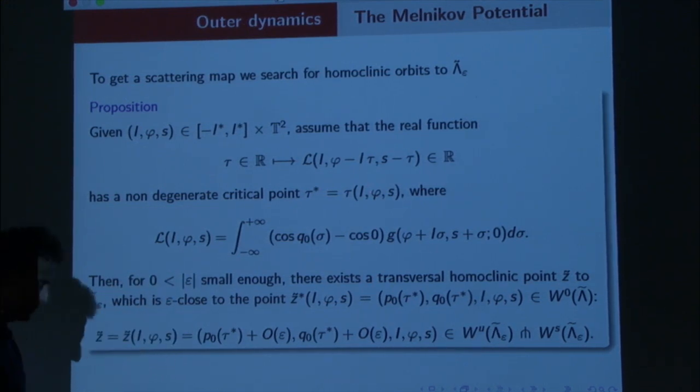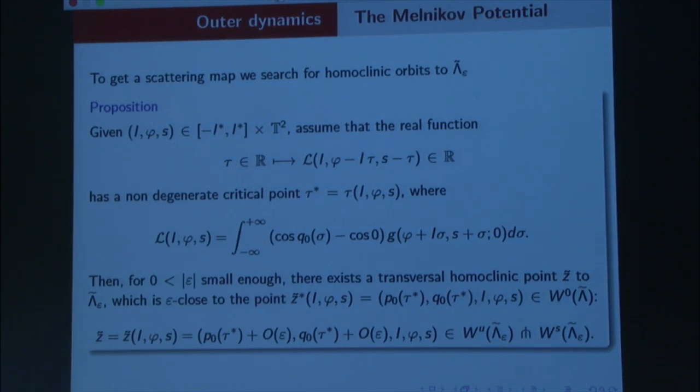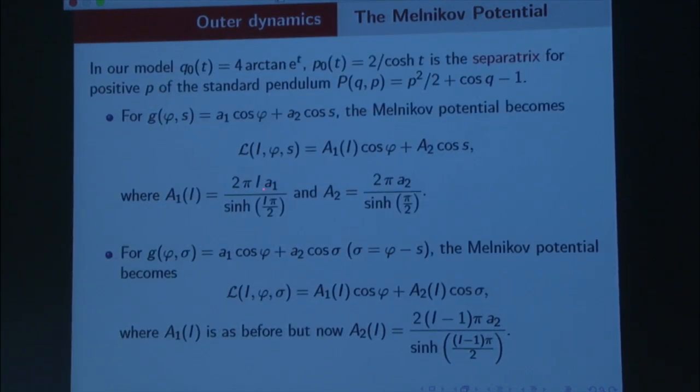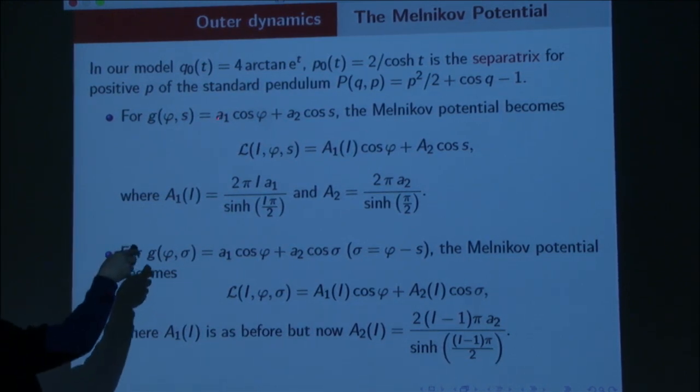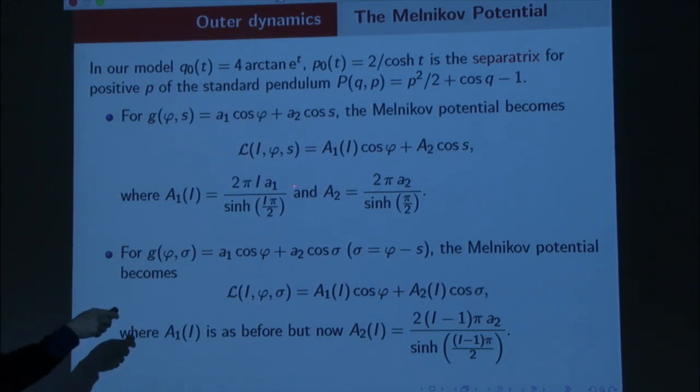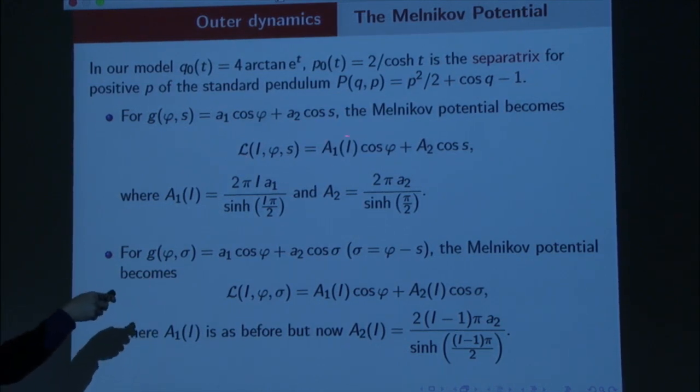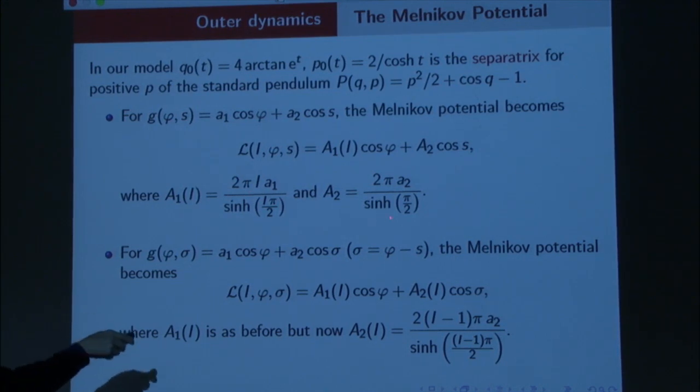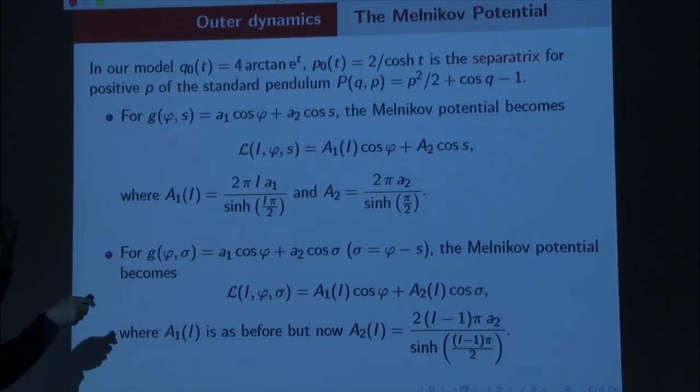Okay. But we have a tool. In our case, in our model, this was a pendulum, so we have a concrete separatrix, and so I can put exactly the formula of the Melnikov potential. And look, the Melnikov potential always has the same harmonics as the perturbation. So it is a kind of convolution process. If the perturbation dg was this, the Melnikov potential is exactly the same one, but with this coefficient multiplying by some function of I, although in this case it does not depend on I. But it has exactly the same